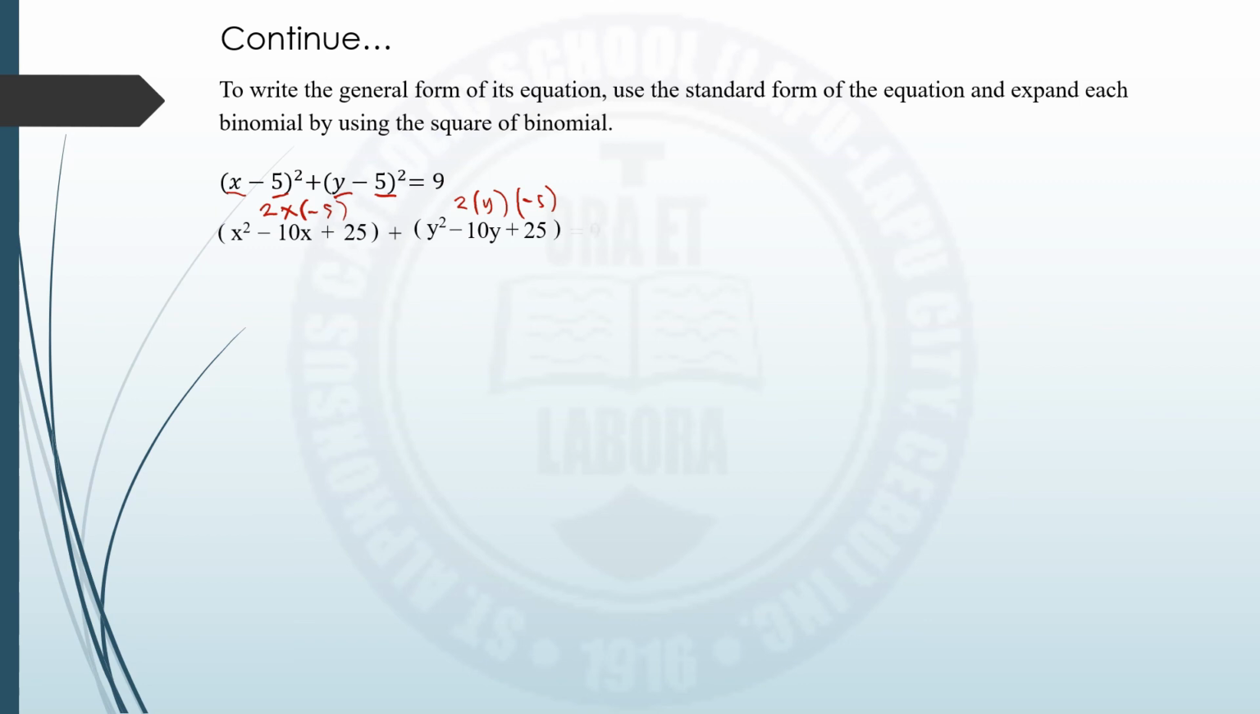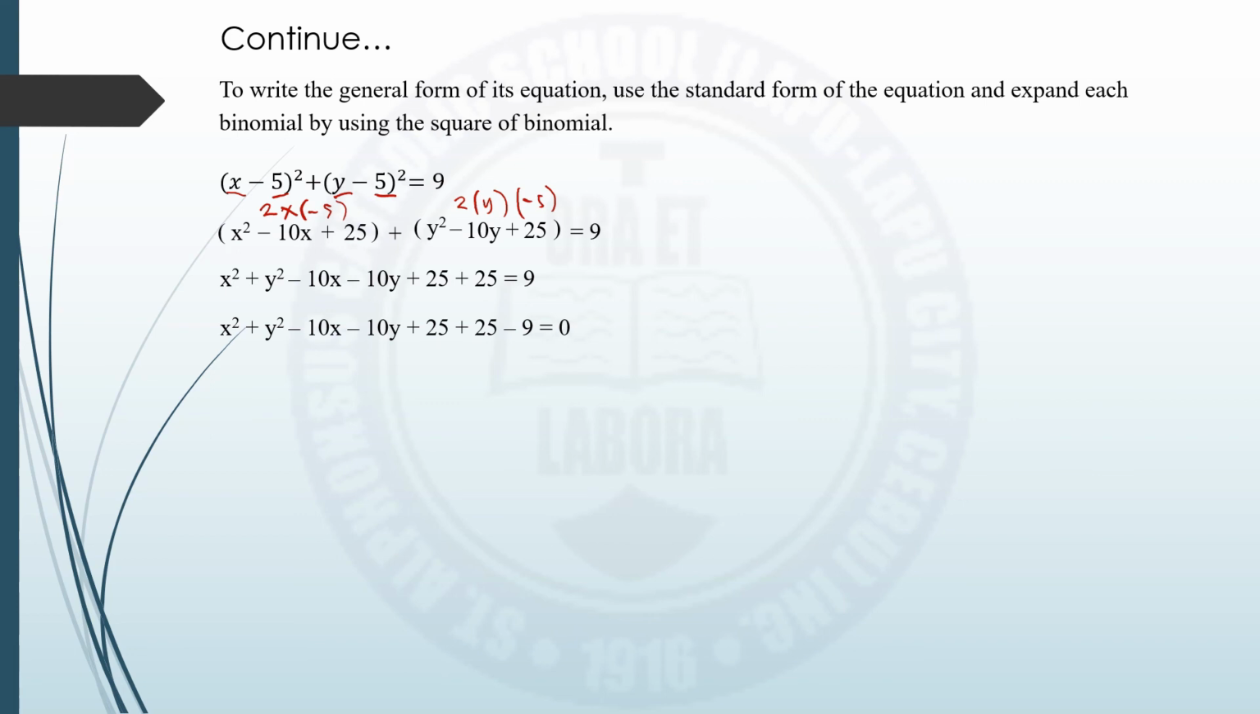Then copy equals 9. After that, arrange the terms with the highest exponent alphabetically, and it will become x squared plus y squared minus 10x minus 10y plus 25 plus 25 equals 9. Transpose 9 to the left side and simplify by combining the constant term according to the indicated operation. So it will become like this: x squared plus y squared minus 10x minus 10y plus 25 plus 25 minus